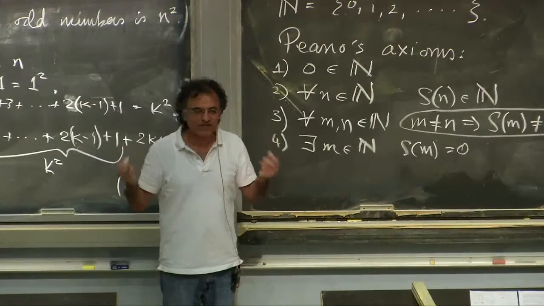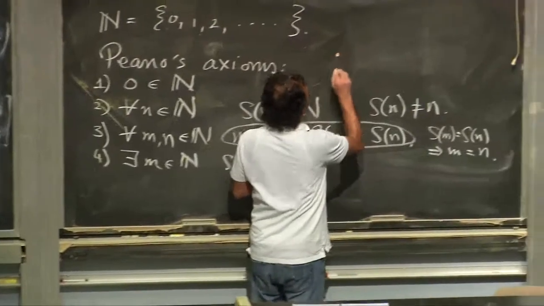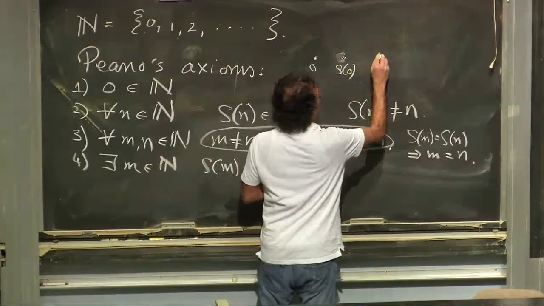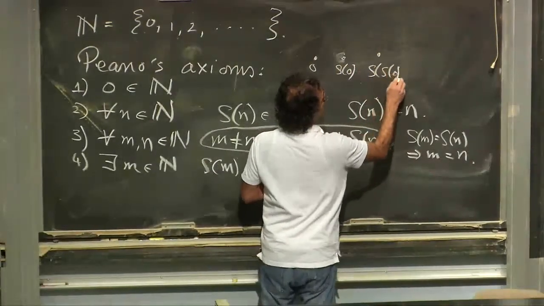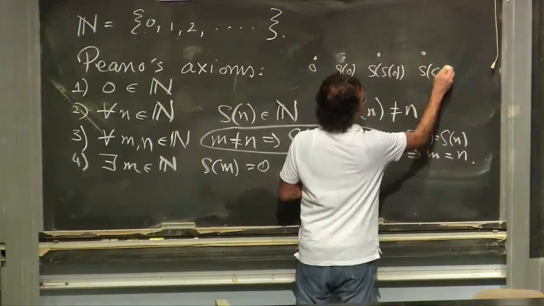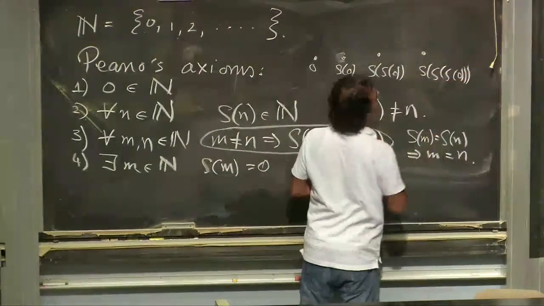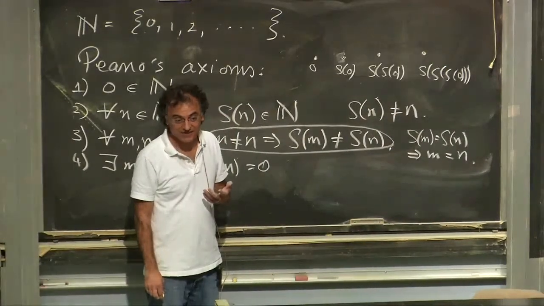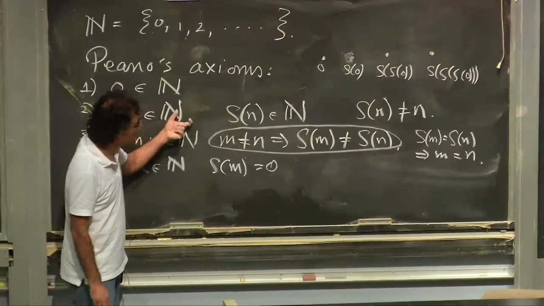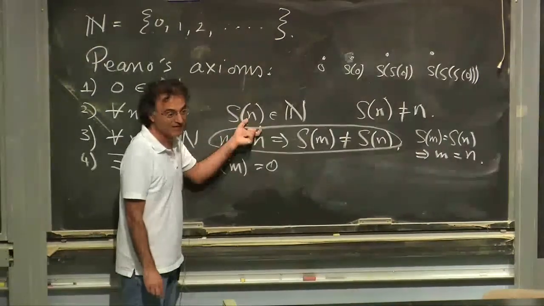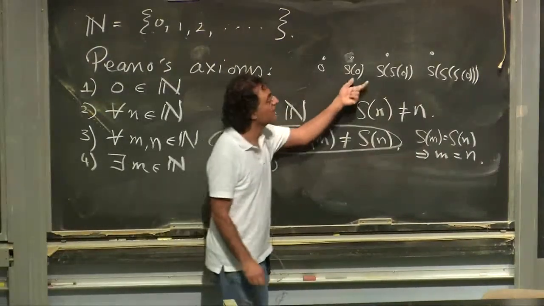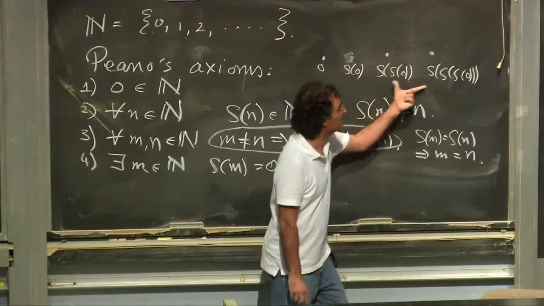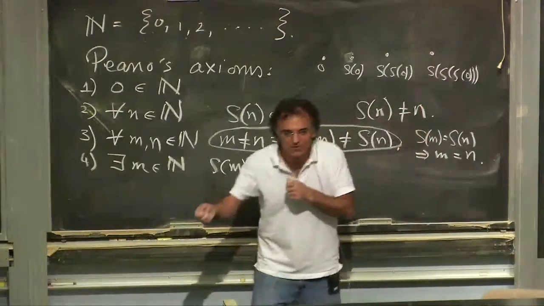Well, if you were to draw a picture of it, what we know is that there's 0, and then there's something called S of 0, and there's something called S of S of S of 0, and so on. That's all we have, right? We have 0, and then we can get a successor to it, and then the successor to the successor. What's S? It's just add 1, right?